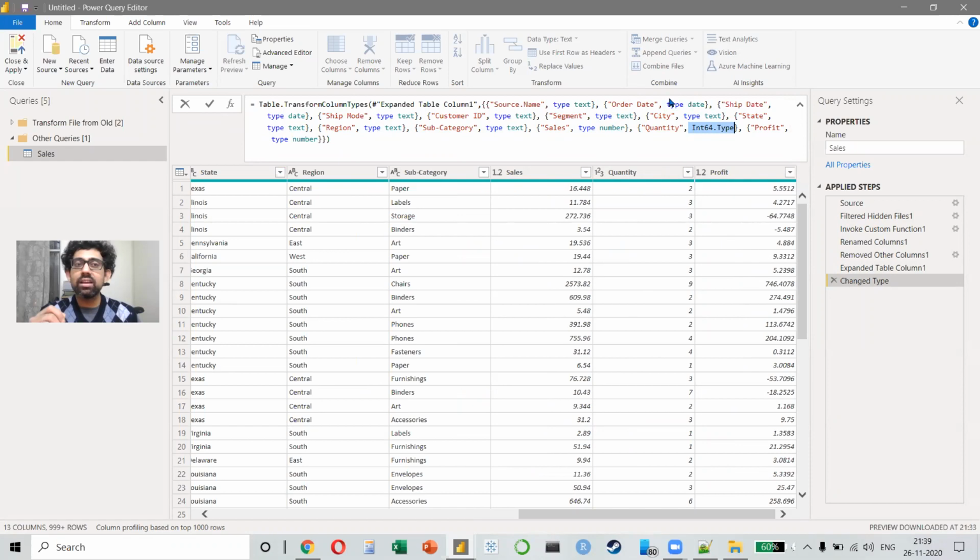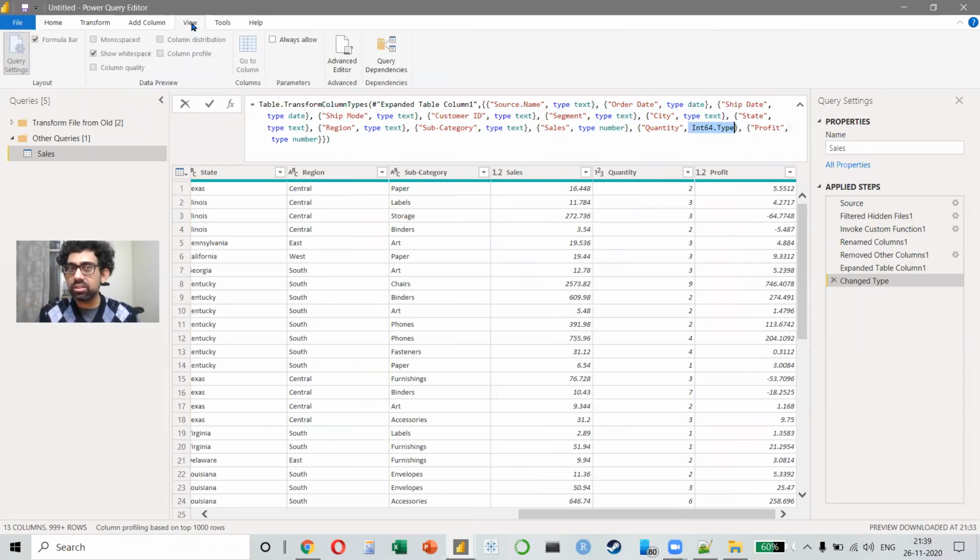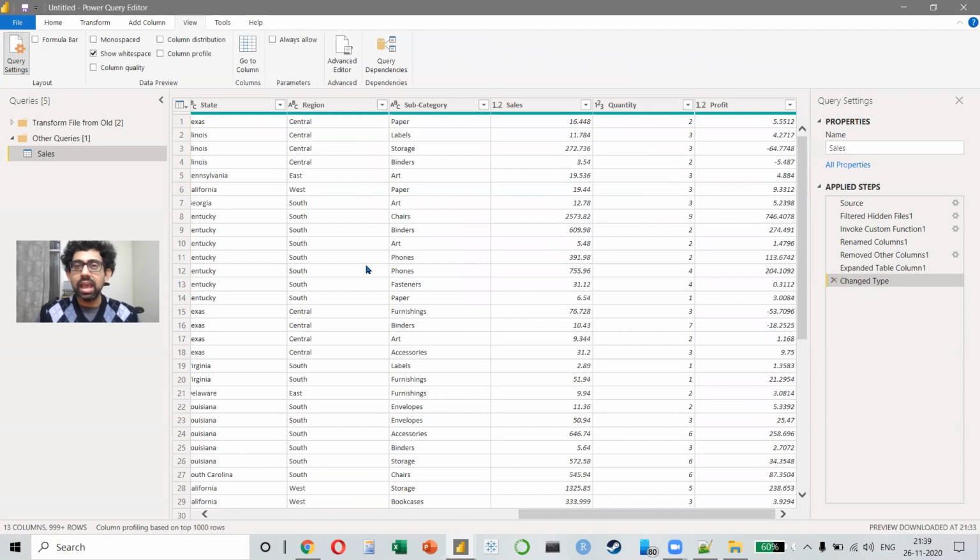In fact, if you open it for the first time, most likely the formula bar is disabled. You can't even see the formula bar like this. In fact, a lot of people say that hide the formula bar. Why do you want to complicate things? But that's a terrible idea, right? Because if you do that, you will not understand what is happening.